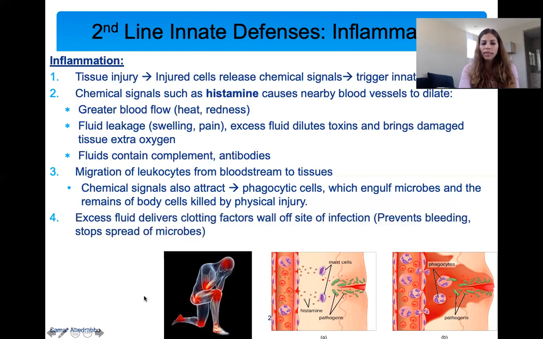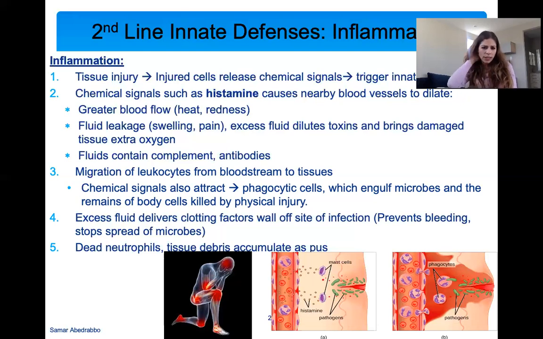And the fluid in the vasodilation will also deliver clotting factors that will help put a wall on the site of infection and stop the spread of microbe, prevent bleeding. The neutrophils that came in, so the type of leukocyte, the neutrophil, will go in and do phagocytosis. The tissue debris, the dead neutrophils, will accumulate as pus. That's what pus is, that little white fluid that you see after an infection is dead white blood cells, neutrophils, and different